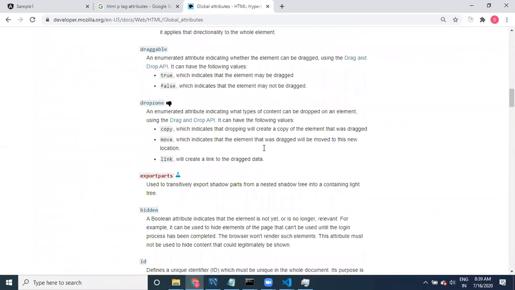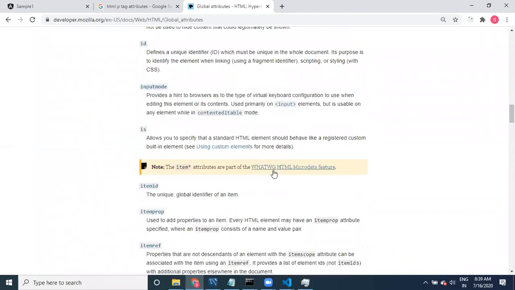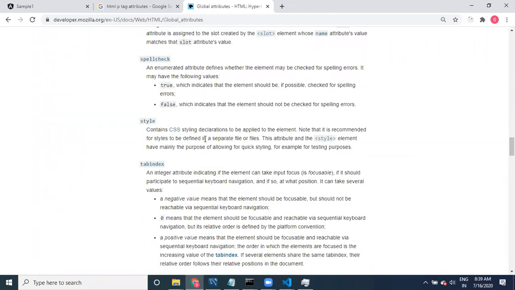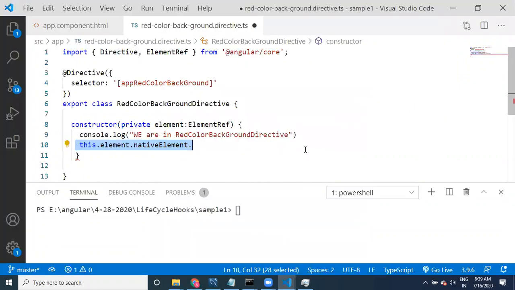So what I can do is I'm going to show you one particular thing first. Let us use style. See here guys, native element dot style. Style is a property, right? An attribute, and you can provide style for this.